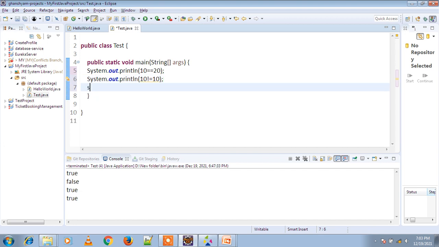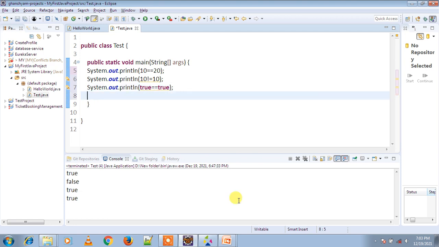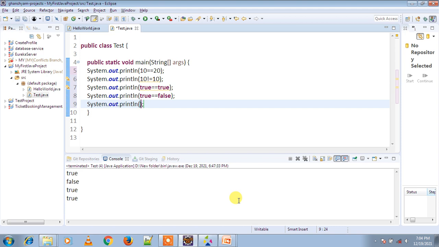Then true equal to true. Then true equal to false. And the character 'A' equal to 97. Then Control S and run this program.